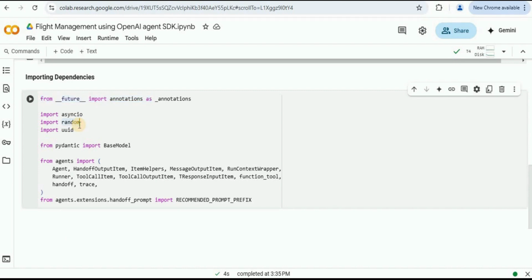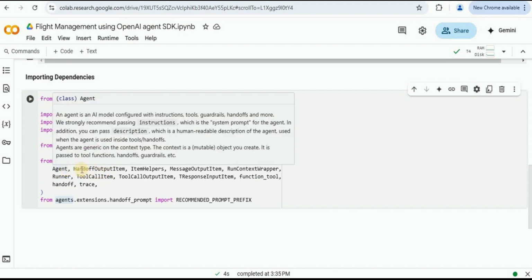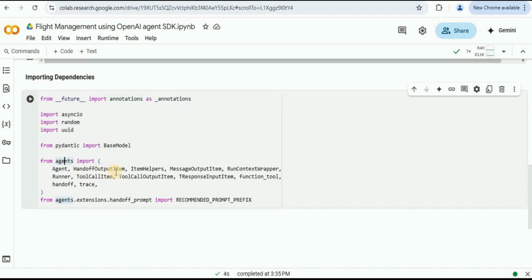Then we are importing random because we want to generate random flight numbers for the seat bookings. The uuid is going to create unique conversation IDs, and we are using the BaseModel from Pydantic to define a data model for storing the passenger related information. Next, from the OpenAI Agents SDK, we are importing the Agent, which is an AI-driven agent that handles the customer queries. Then these are the different helper classes.